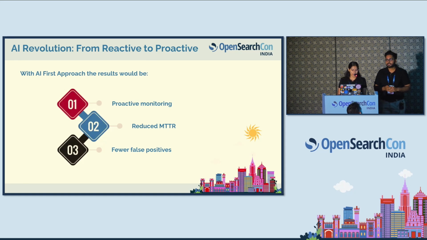Instead of digging through logs manually, AI can correlate logs, metrics, and traces to quickly suggest the likely root cause. Engineers can now get contextual alerts, not just what happened, but why it might have happened. There might be fewer false positives. Traditional alerting often floods you with noise. So AI models, especially those trained with historical patterns, can filter out normal fluctuation and alert only when something actually